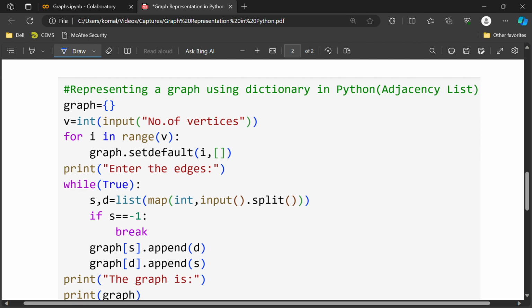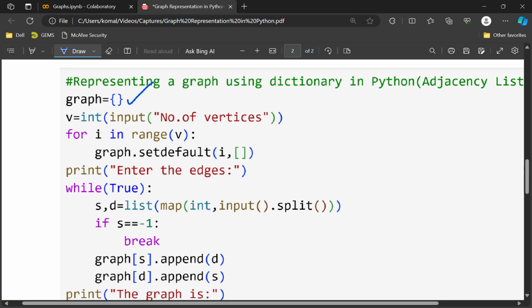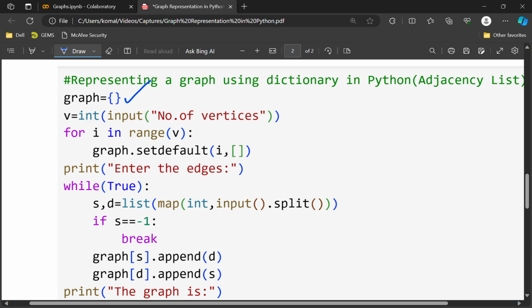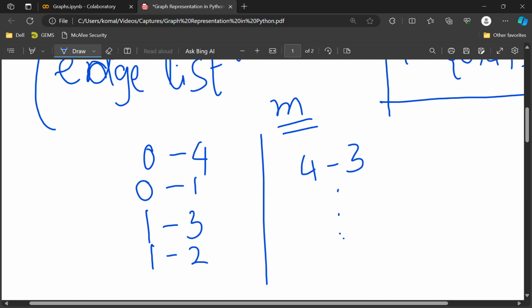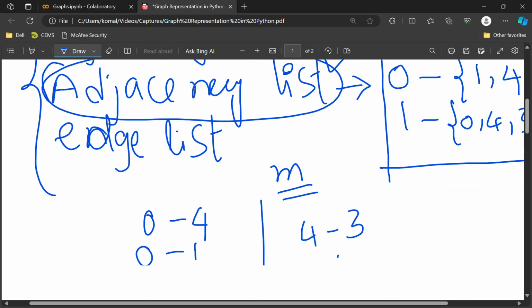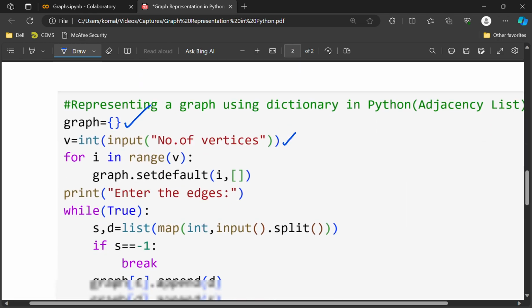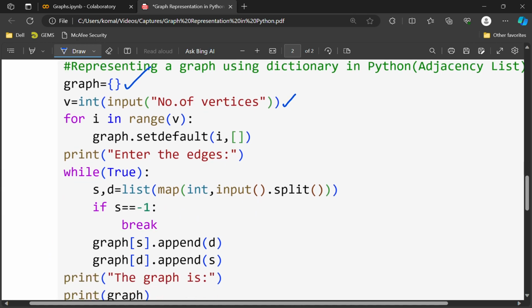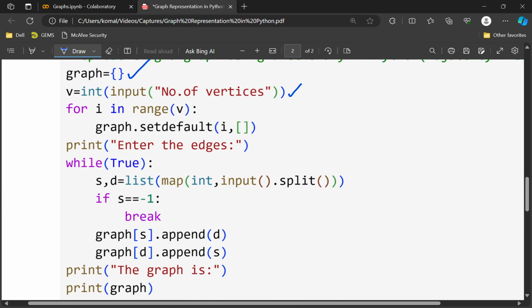Initially we assume one dictionary, graph. A graph is created and graph is in the form of a dictionary here. Read the number of vertices. In this graph, how many vertices are there? 5 vertices are there: 0, 1, 2, 3, 4. Read that number. Store it in the variable v. For i in range v, for each and every vertex, initialize